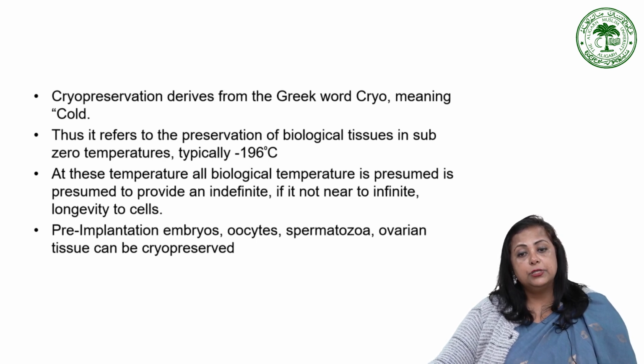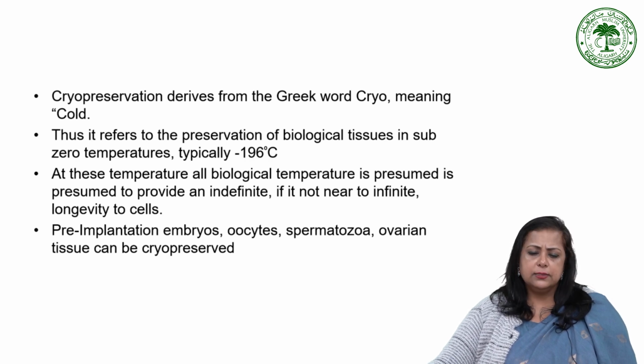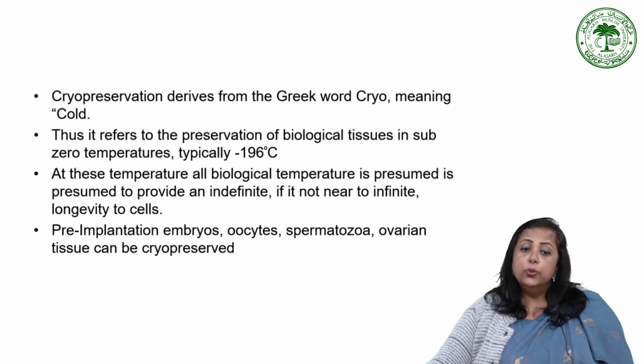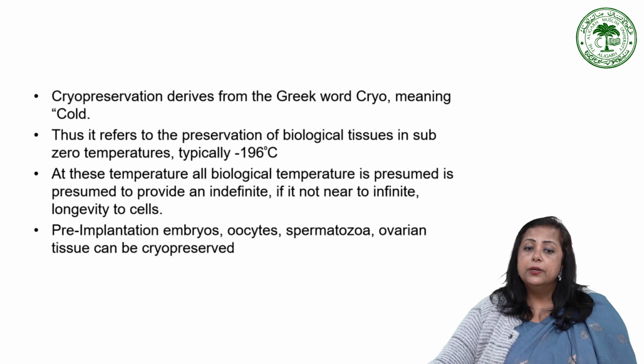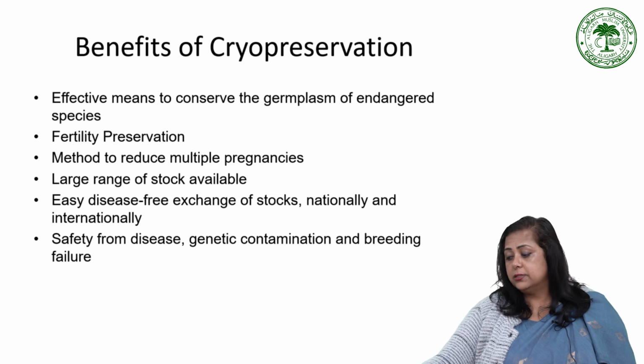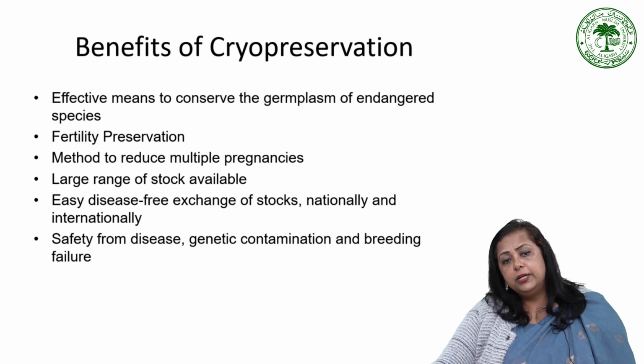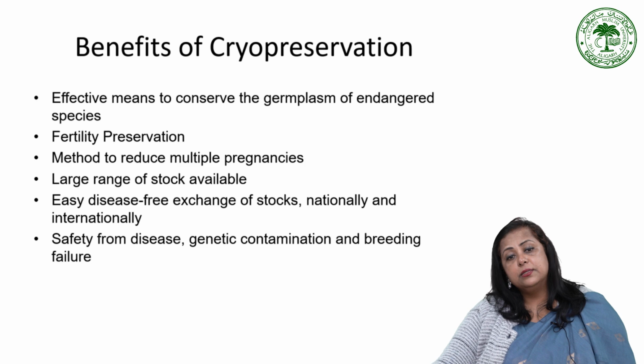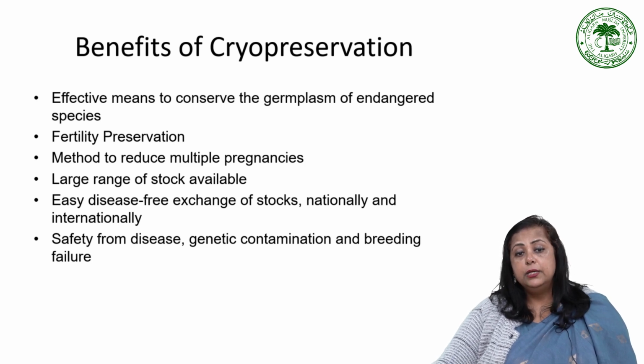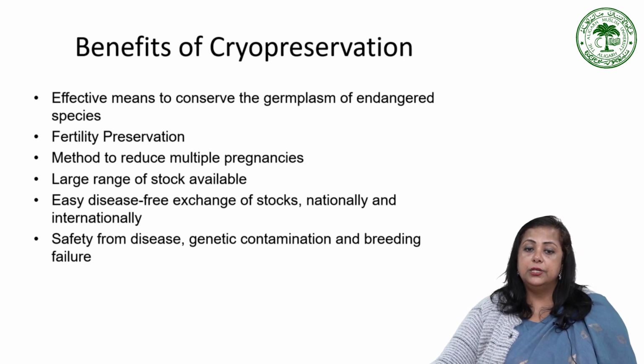At these temperatures, all biological activity is presumed to stop, providing an indefinite, if not near infinite, longevity to the cells. Pre-implantation embryos, oocytes, spermatozoa, ovarian tissues can be cryopreserved. So cryopreservation means freezing of the genetic material for future use at minus 196 degrees centigrade. There are various benefits of cryopreservation. It is an effective means to conserve the germ plasm of endangered species. It is a fertility preservation method to reduce multiple pregnancy. Large range of stock is available, with easy disease-free exchange of stocks nationally and internationally, and safety from disease, genetic contamination and